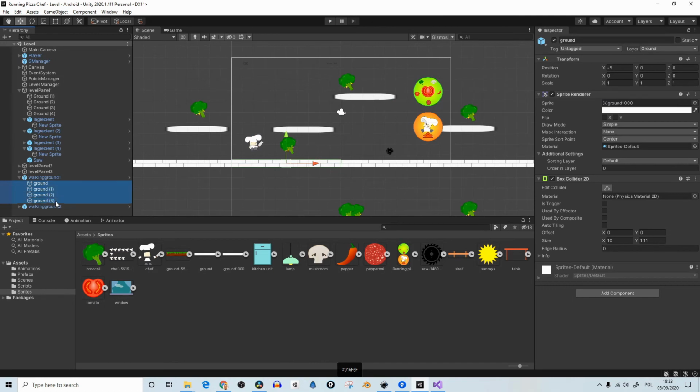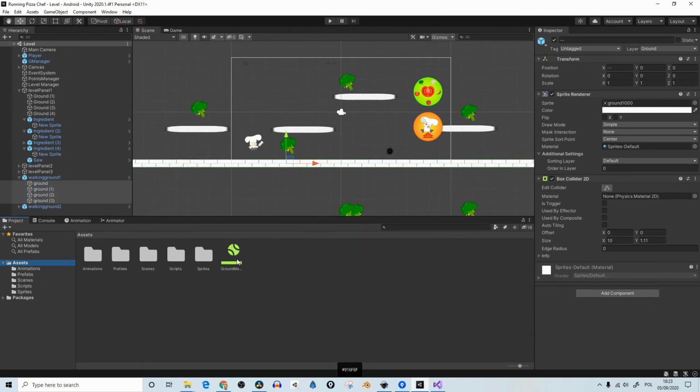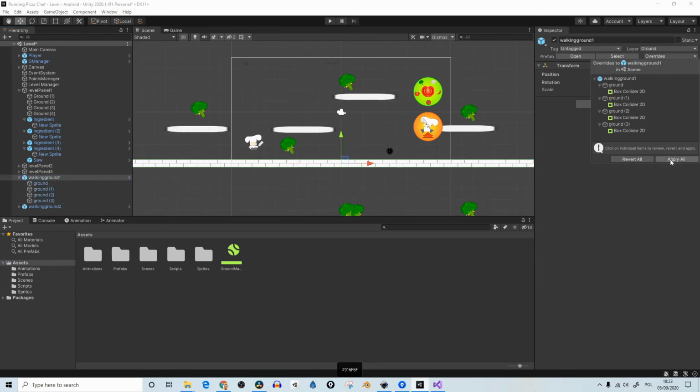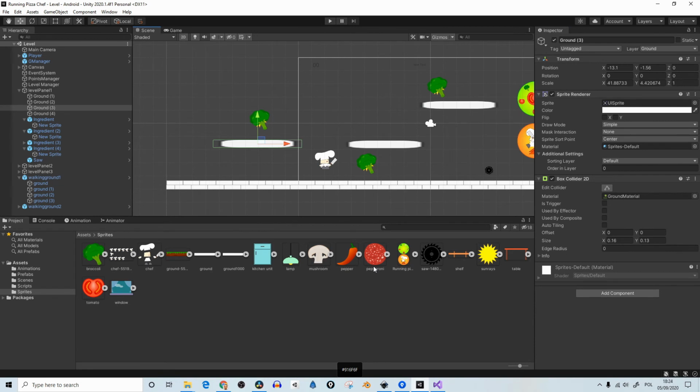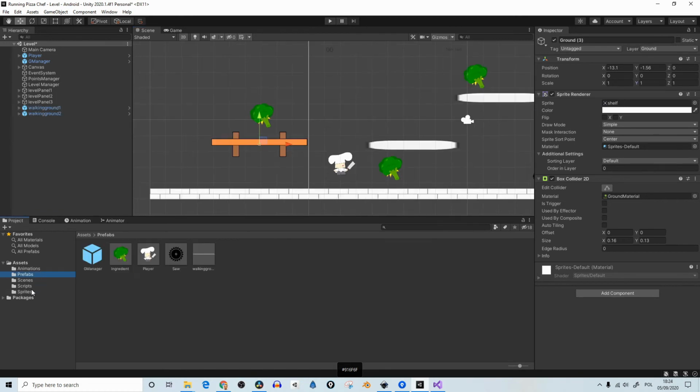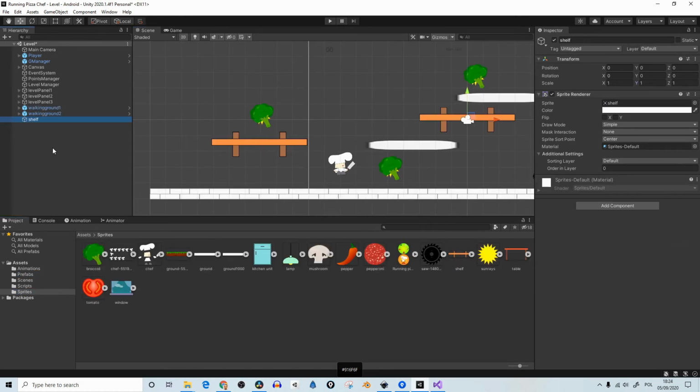We need to add this ground material. Somehow it wasn't added, so let's go here and just drag and drop it, click on the first one and apply all. Probably later on this package will include more graphics, so you can just structure your game as you wish. Okay, so let's go to the sprites, and I will get this chef on the scene,